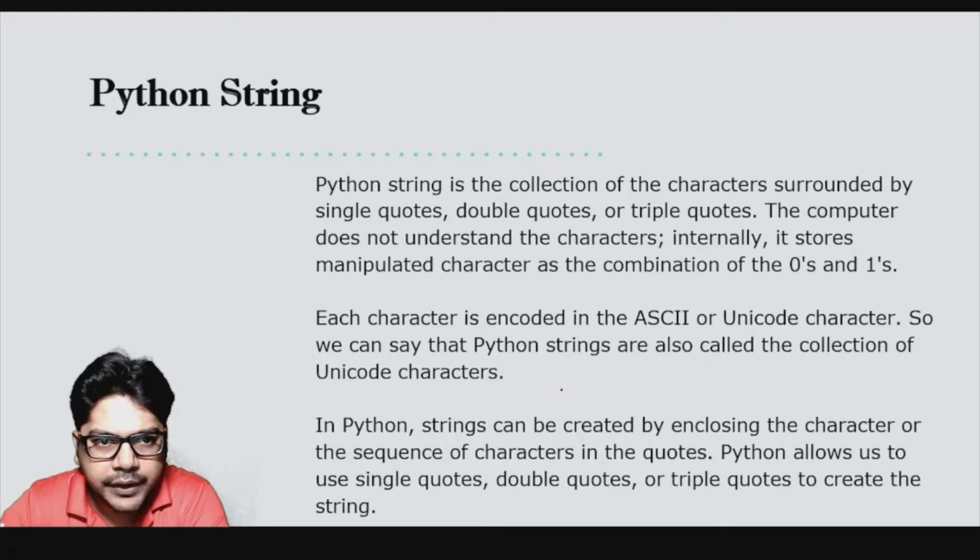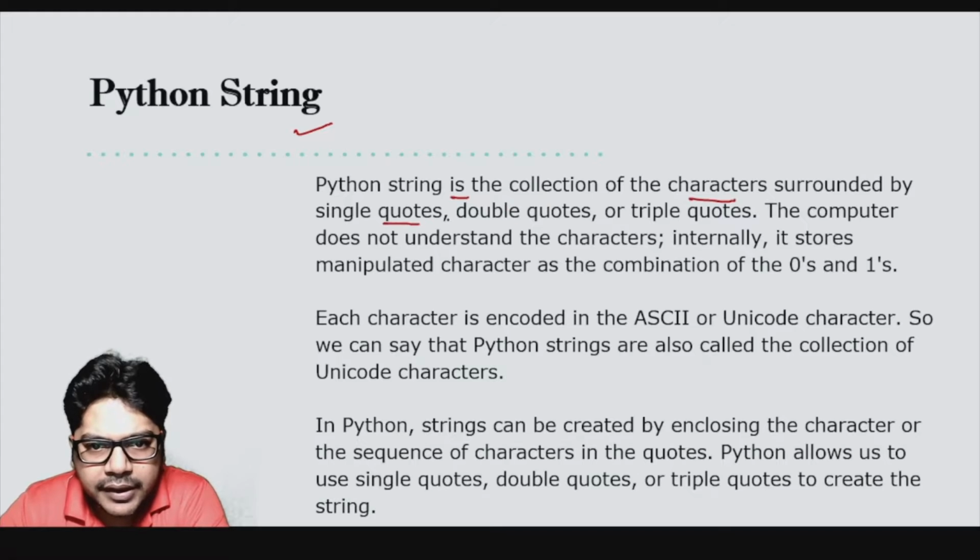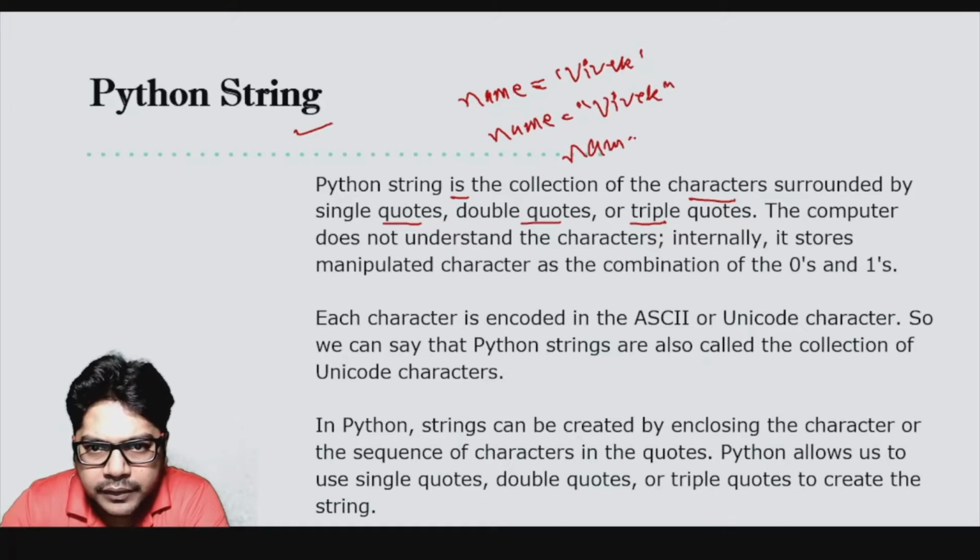Okay, so in the earlier video we already talked about what is a Python string. A Python string is a collection of characters surrounded by single quote, double quote or triple quote. So you can write a string in the form of like this, using single quote. This also is going to work. You can write something like this also, and all of them are going to work equally for you, right? All three things can work out.